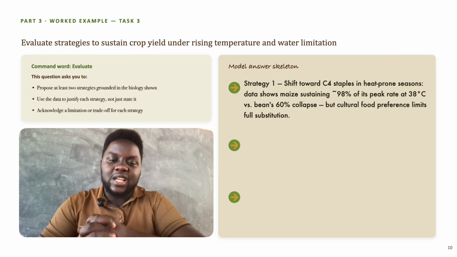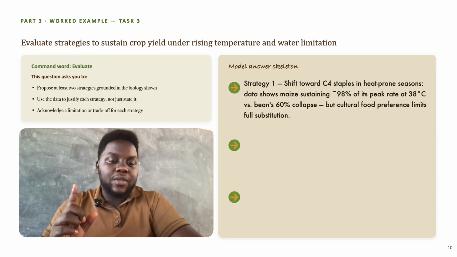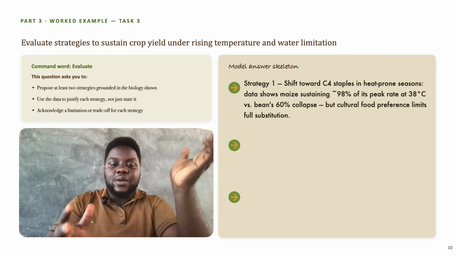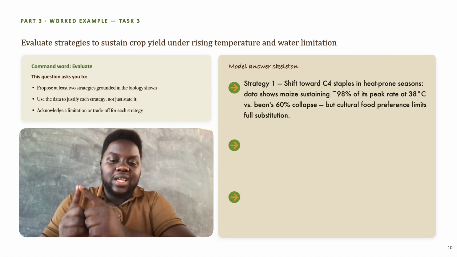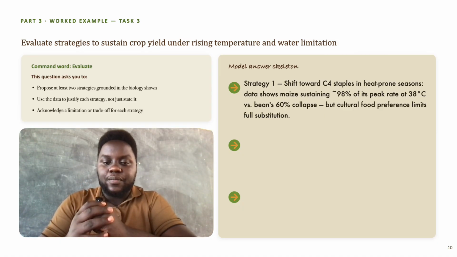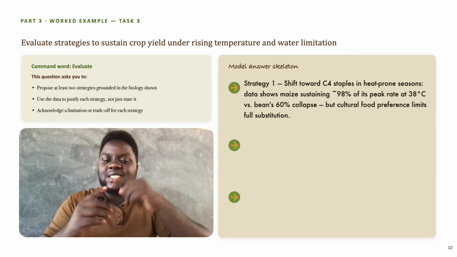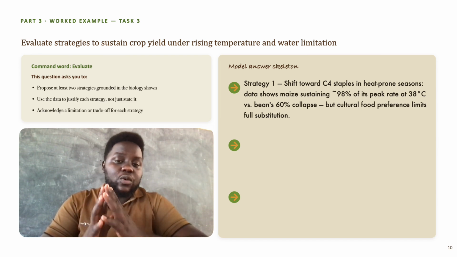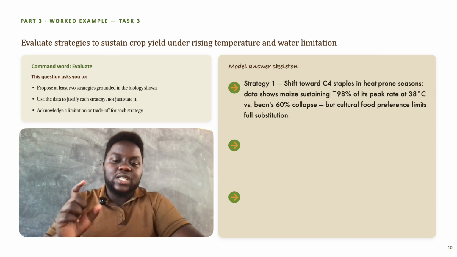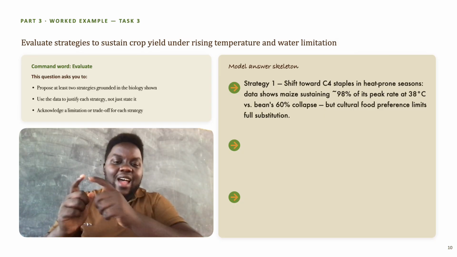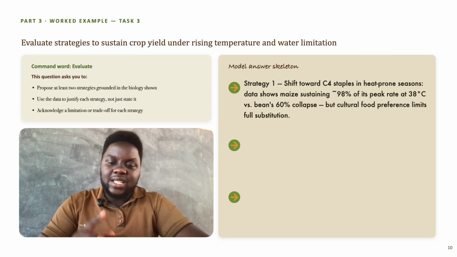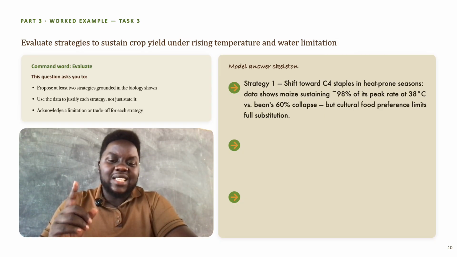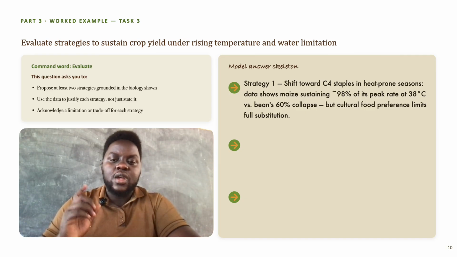Cultural food preference limits how completely farmers can substitute one staple food for another. So you cannot simply tell an entire farming community to stop growing a crop that is central to their diet and their income. However, biologically, the swap is sound to make. So this tells us something about evaluation answers: it is important to give both the facts and allow the reader to weigh them. Yes, this is a good strategy, but it has this limitation, this trade-off. Our second strategy,